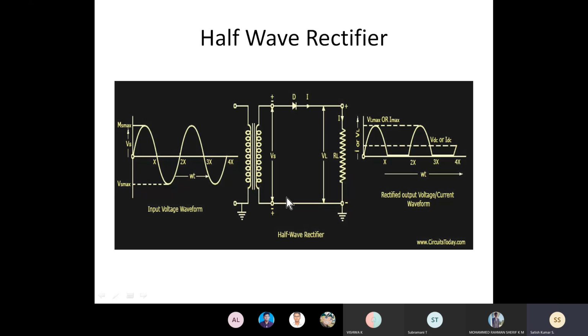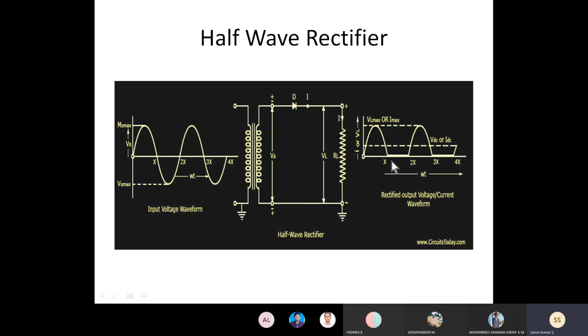That's the output wave. And in the negative half cycle, what will happen? The polarity will be reversed. The C terminal will get a negative and the D terminal will be positive. What does it mean? The anode is connected to the negative terminal and the cathode to the positive terminal, so no current passes from the lower to the higher concentration. It won't conduct; it will act as an open.